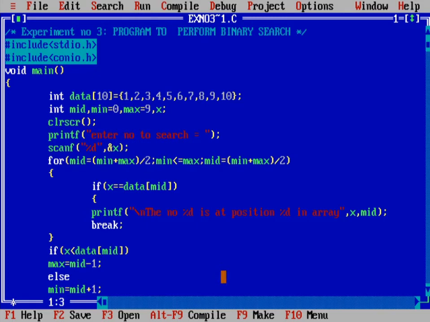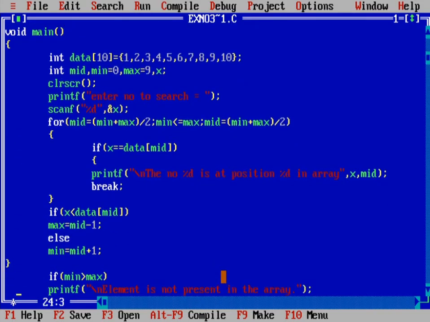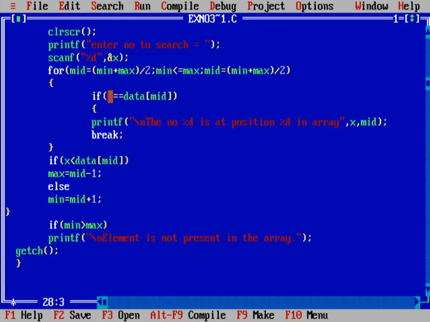This for loop is the logic for the binary search. You can see that in the for loop the first part is a formula of mid and the last part is also a formula of the mid. This is the initialization part and this is the increment and decrement part. This part is always performed at the end of the for loop. So to calculate mid at the start of each pass we write the formula of mid here.